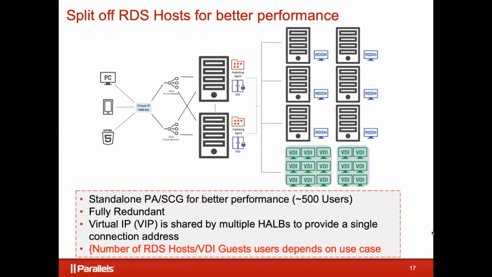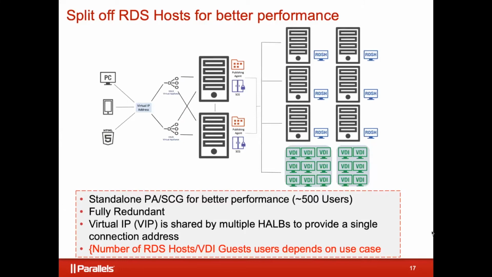And the publishing agent gateway servers, probably about 4 processors, 4 gigs of memory. They're really not very heavy. They are Windows systems, of course, Windows Server, but 4 processors, 4 gigs of memory. Most people run them in virtual machines, of course, or in the cloud, but that'll work. That gets you to about 500 users. A single HALB, the load balancer, can support about 2,000 users. It's really a lightweight appliance. So I've added a second one here really just for redundancy in this environment.